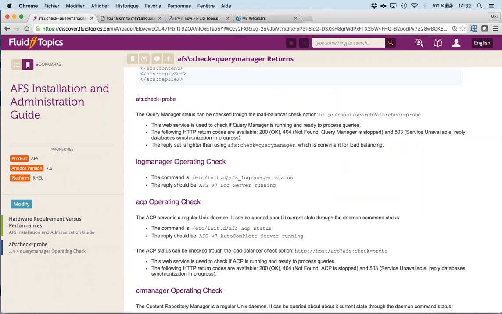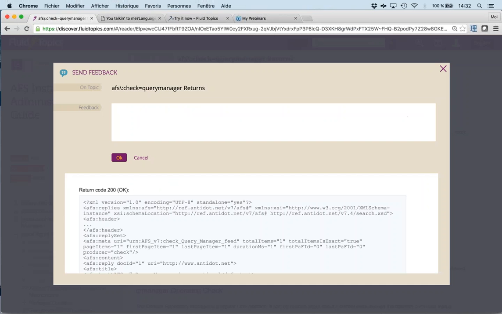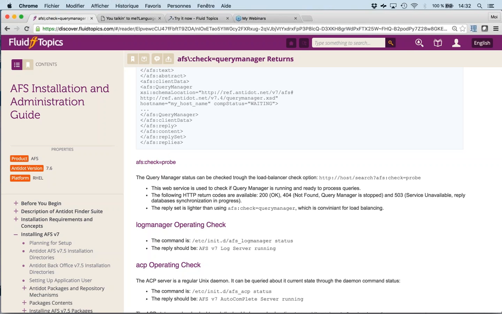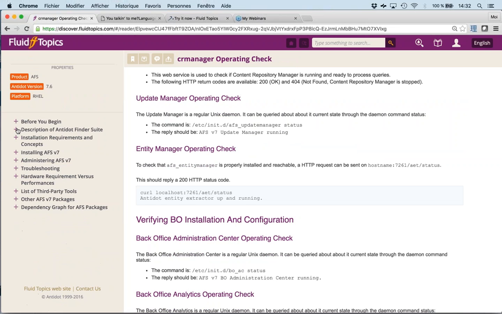So we have the bookmarks for navigating rapidly and information. You still have the capability to send feedback directly from the user interface. So, hello, nice content. Okay, so if I click OK, this is sent automatically to my tech writing team. So without leaving the interface, people send feedback. And still personal books.